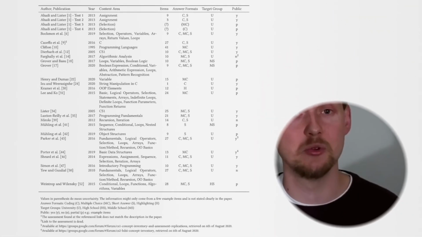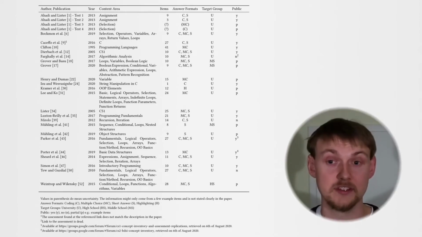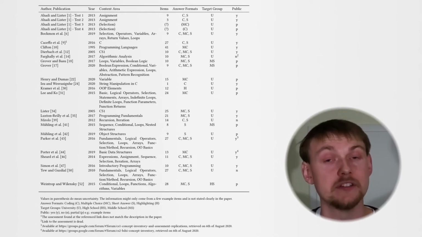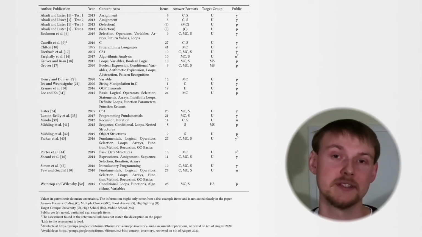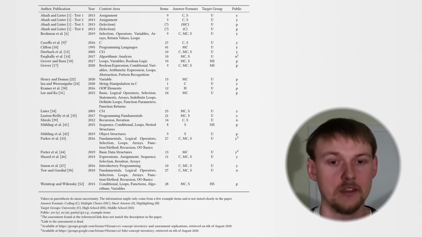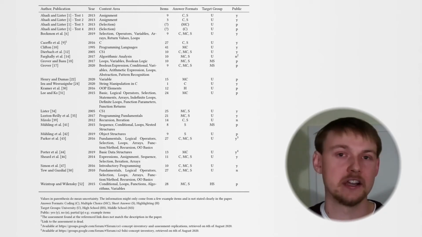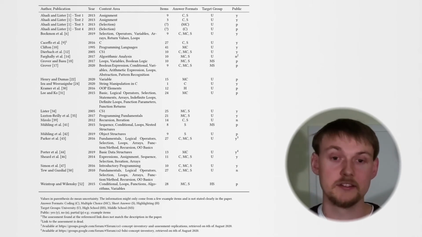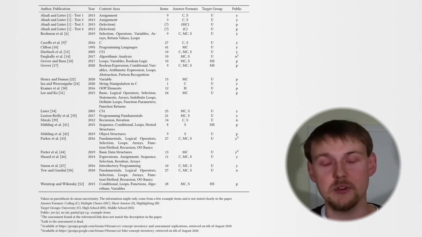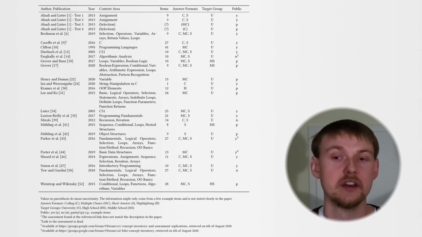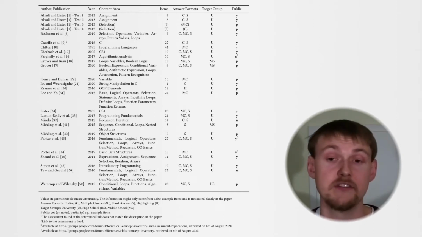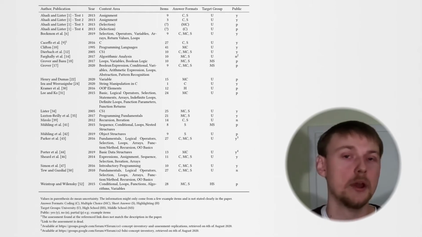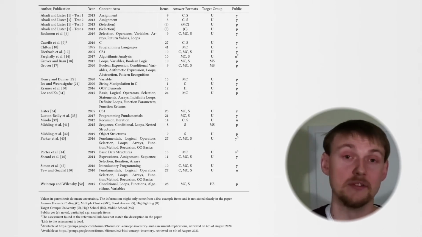But before we start with this deep analysis, let me show you what assessments we have found, so the 26, and which content areas the authors claim the assessments cover. Here you can see they are covering a wide range of content areas. As you can see by looking at the number of items, we found assessments which only contain a smaller number of items, like 5 for example, and assessments which contained a huge number of items, for example 40.